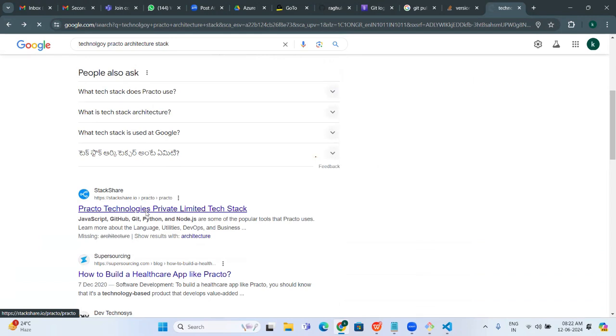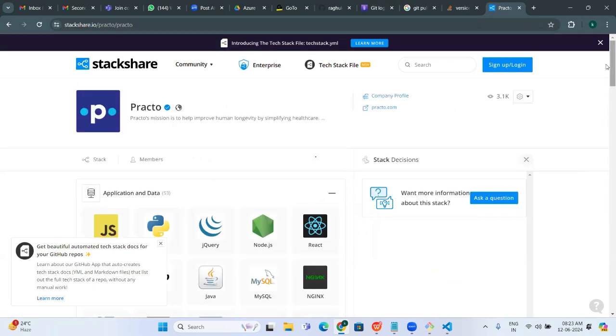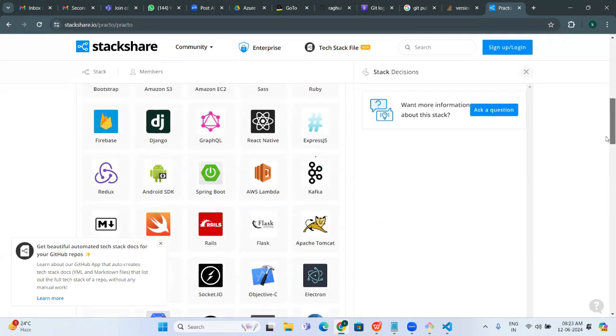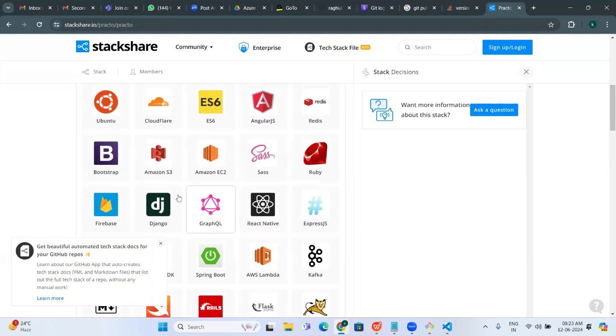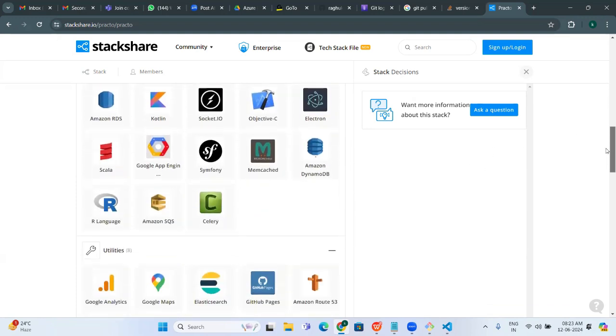These are all the front end, back end they are using. They are using Amazon EC2, Amazon S3. These are all AWS services. And apart from that, they are using a lot of other tools as well.